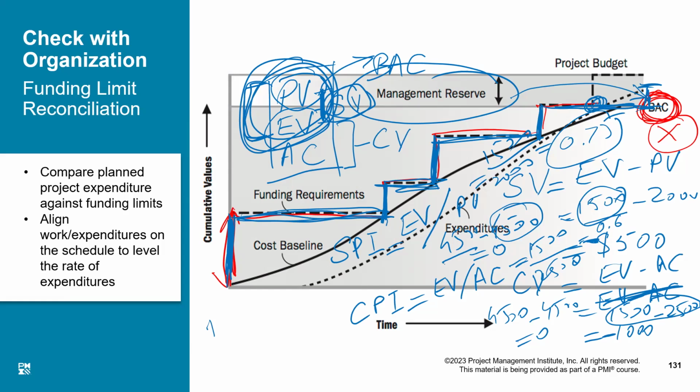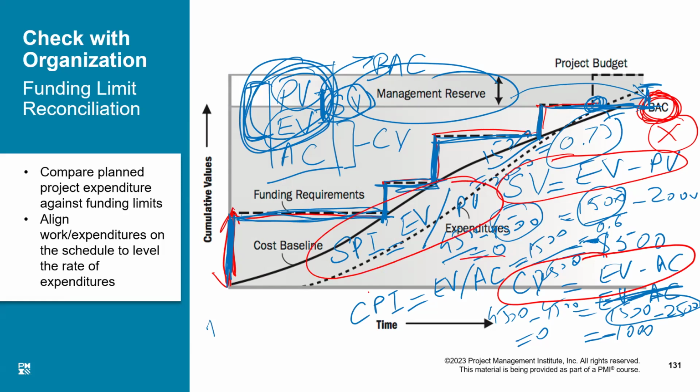So just remember, I have given you a formula for schedule variance, formula for cost variance, formula for schedule performance index, and formula for cost performance index. Got that? This is all the calculation I need. And a little bit more. There are a couple more formulas which are not really very difficult. This is all about earned value management.